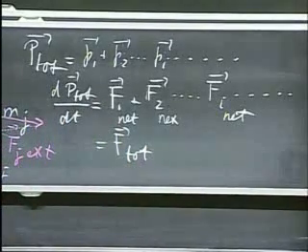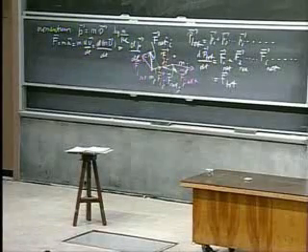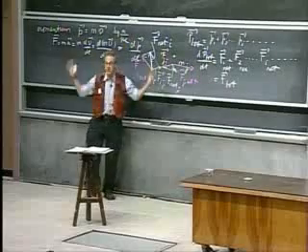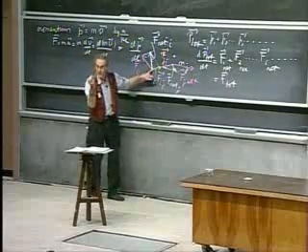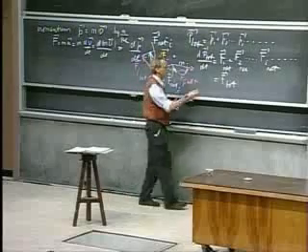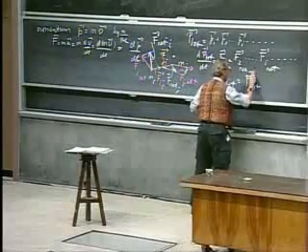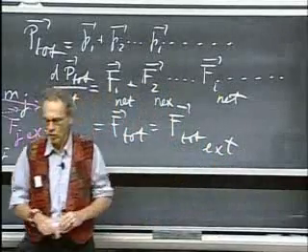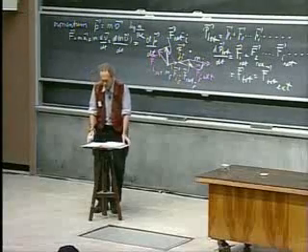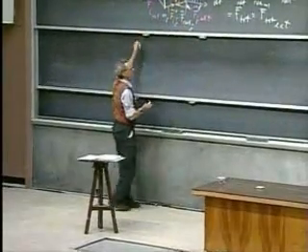Now comes the miracle. The miracle is that all these internal forces eat each other up. This Fji cancels this one if you look at the system as a whole, not if you look at the individual particles. But on the system as a whole, they all cancel each other out. And so the total force on the system is simply the total external force, and all the internal forces, you can forget about it. And this means then that we come to a key conclusion that dp total/dt